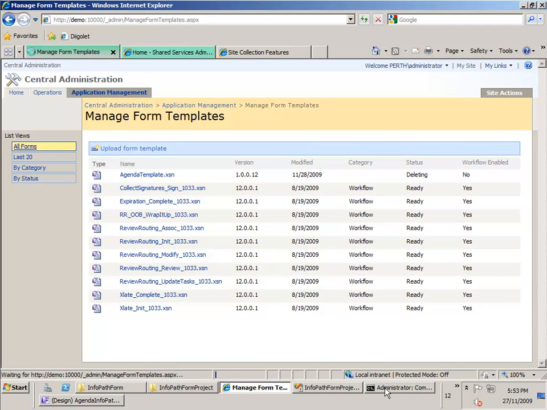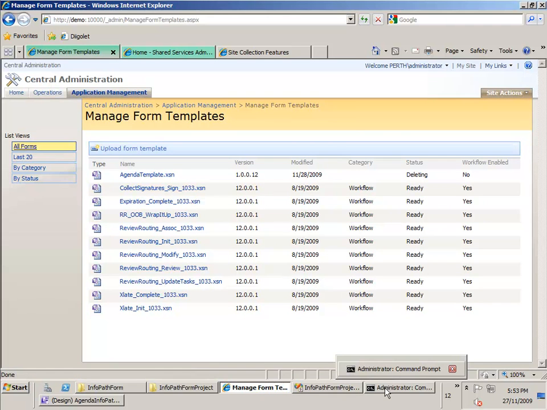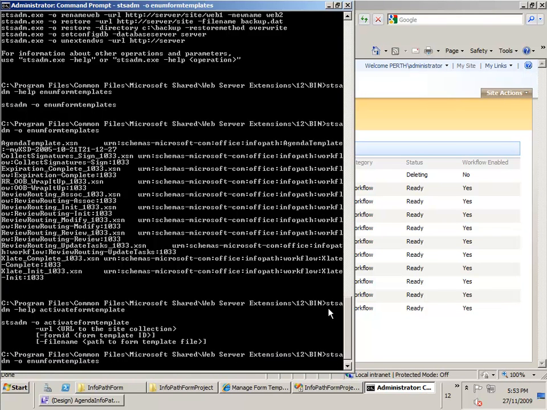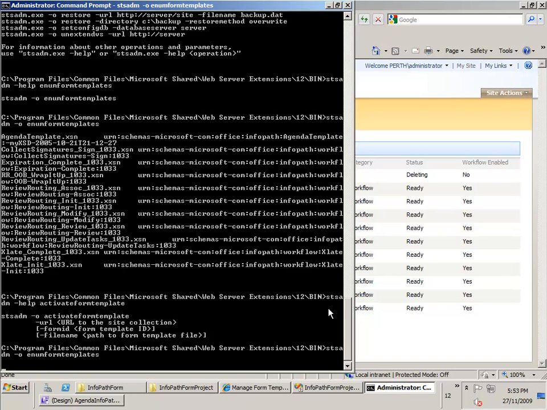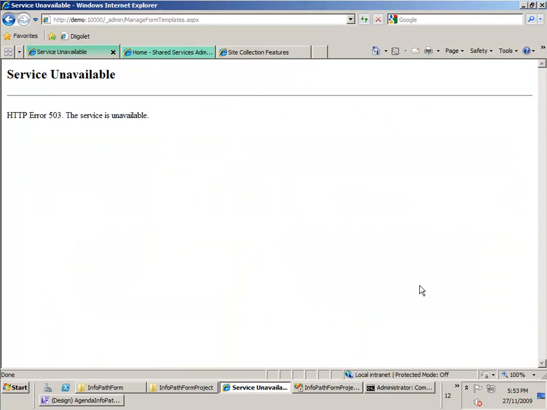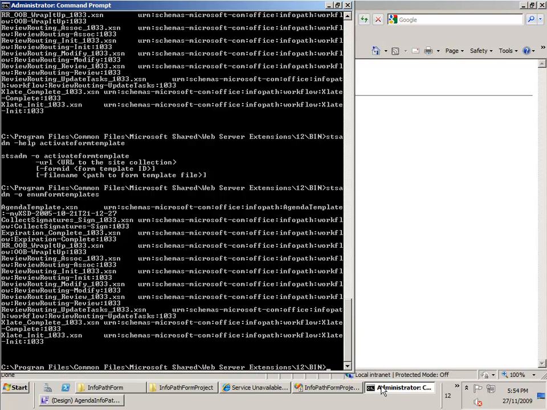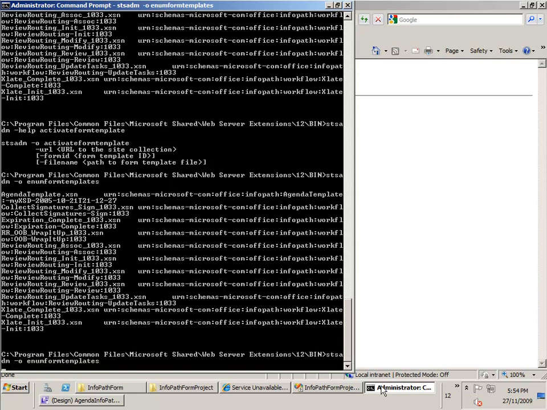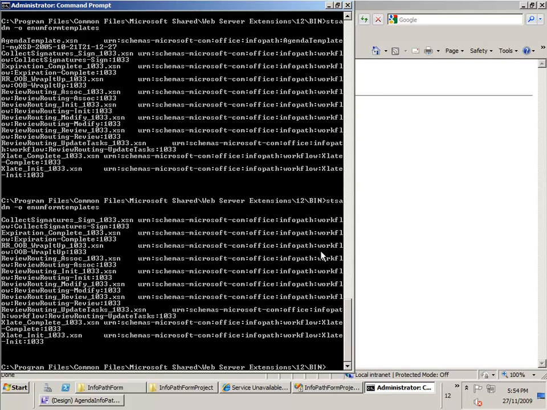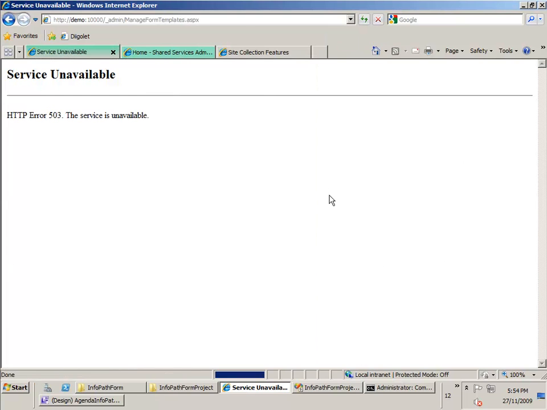Still going. And you'll see if I ran the enum form templates at the command line, that will actually disappear from here as well once it's deleted. There you go. So the reason we get service unavailable is because it's an IIS reset. So that must mean it's just going through the process of cleaning itself up. There you go. So now it's not in here,